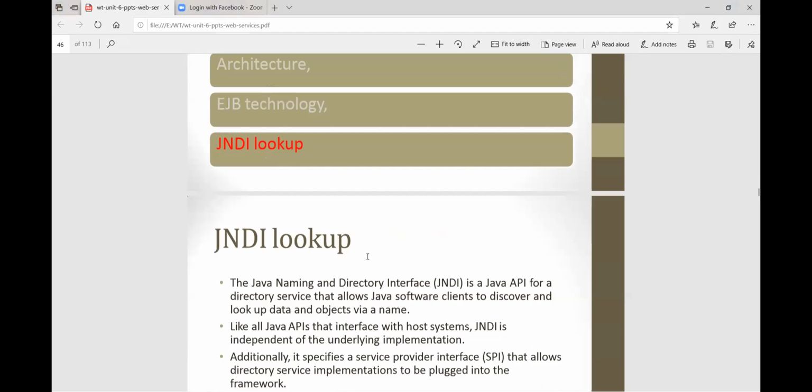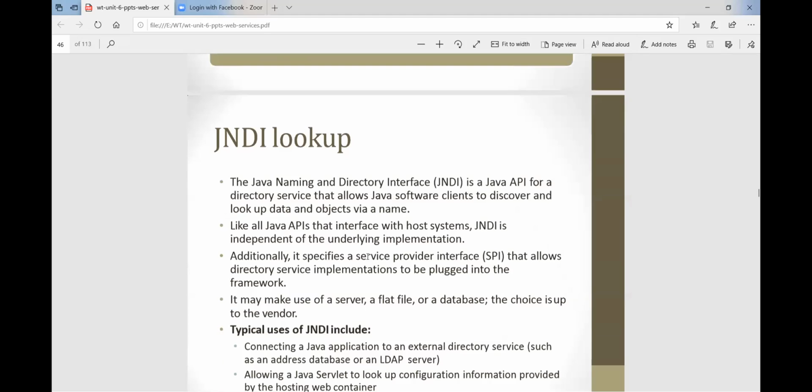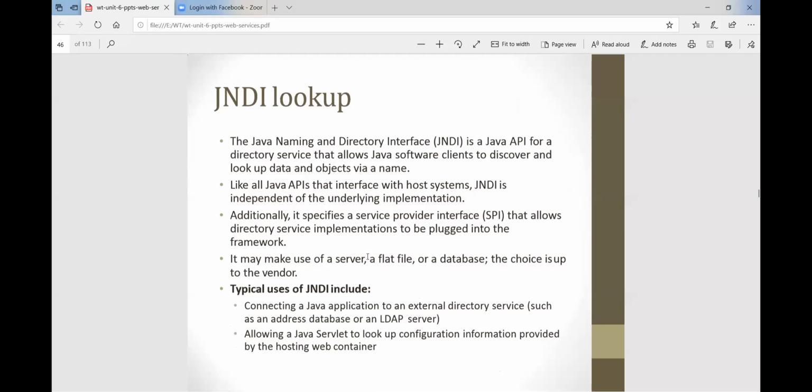Then next is JNDI. We already know the long form: Java Naming and Directory Interface. It is a Java API, Java Application Programming Interface, for a directory service that allows Java software clients to discover and look up data and objects via a name.